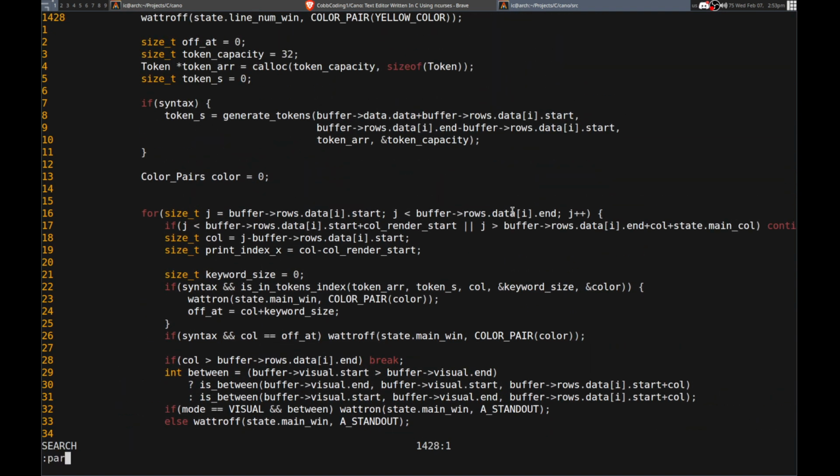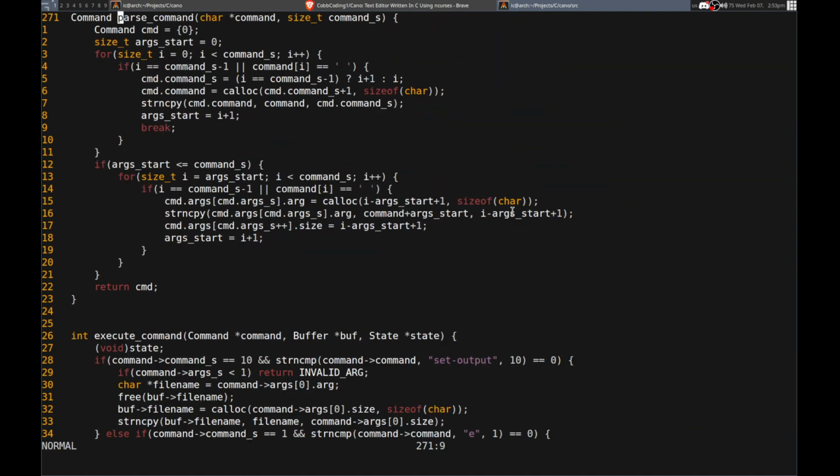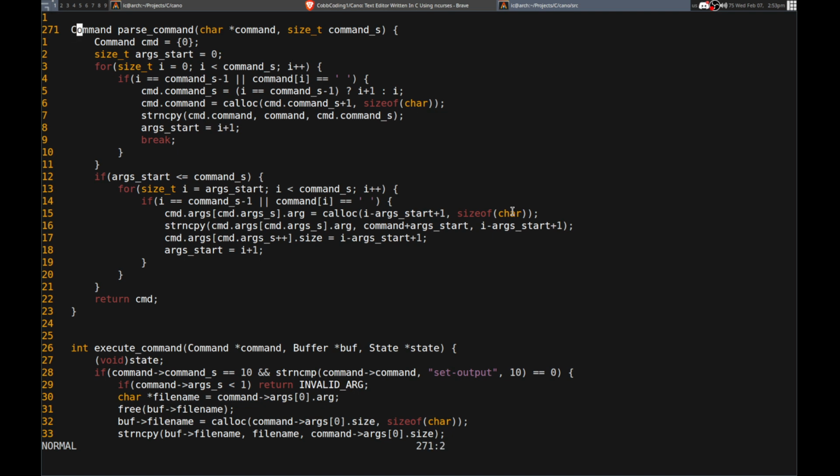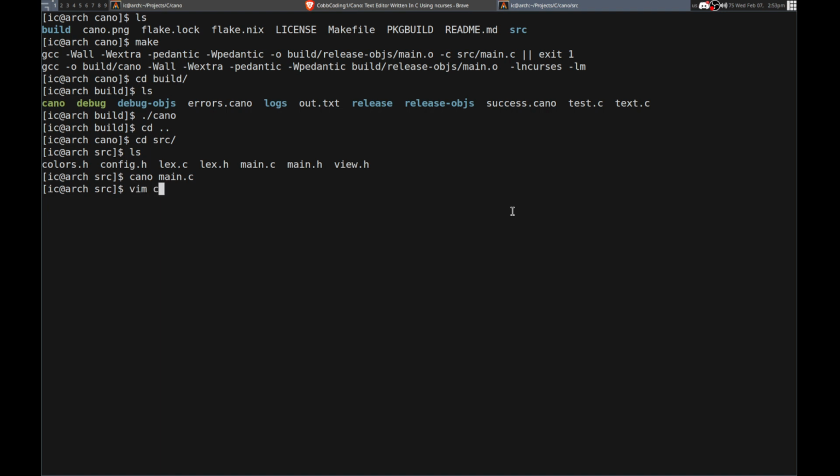Because right now we have this parse command, which basically just reads through it and then separates it by spaces and such, and then we execute it. So obviously I don't really quite want to do that. I want to have proper tokenization. So I'll make a new file,